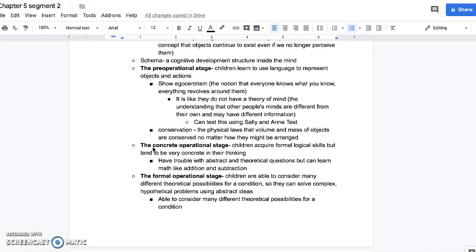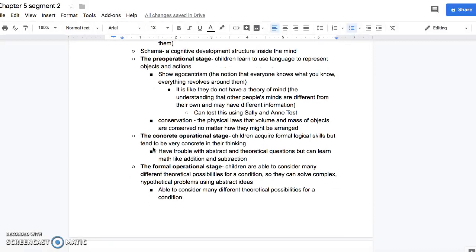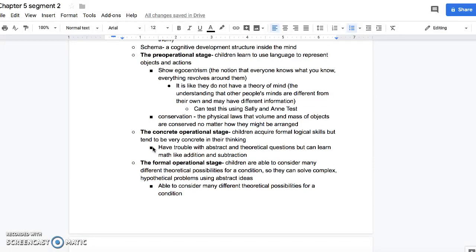And by the end of the pre-operational stage, the child sheds his egocentrism and develops a theory of mind. He will understand that of course Sally will expect the ball to be in the basket where she placed it. The next thing, despite having learned about object permanence during the sensory motor stage, children at the pre-operational stage still reason intuitively rather than logically. And this intuitive reasoning is most famously seen when testing children on the concept of conservation. And conservation is the physical law that volume and mass of objects are conserved no matter how they might be